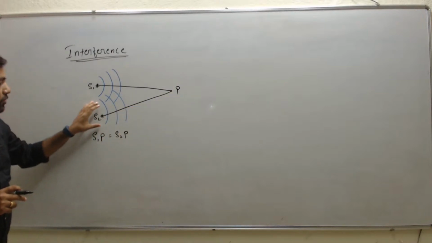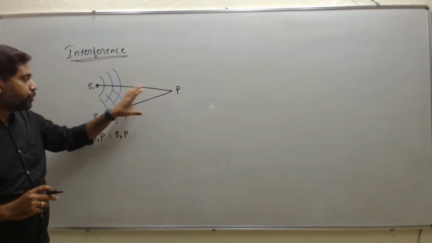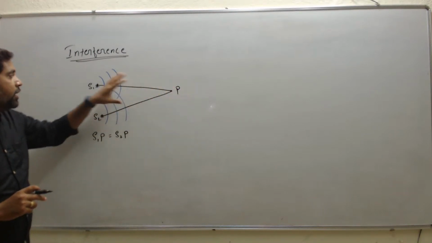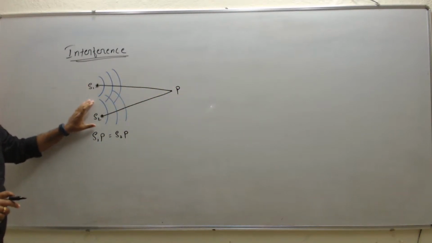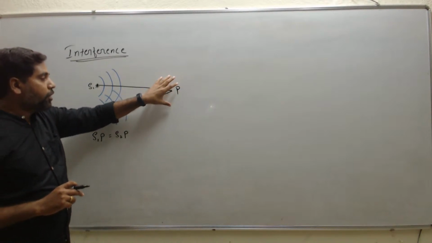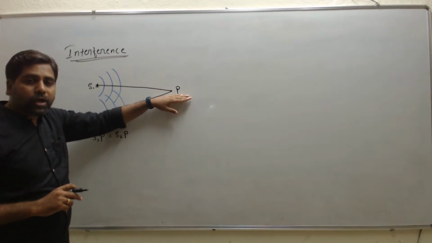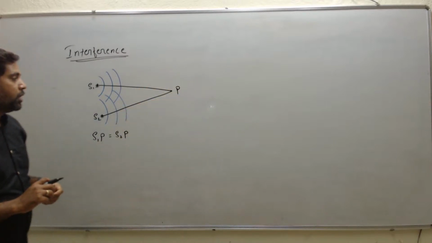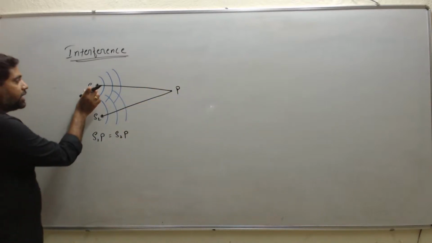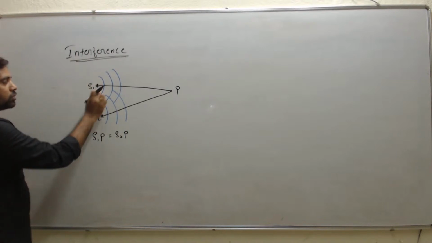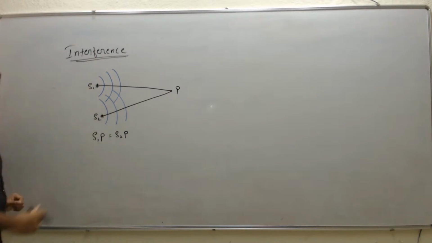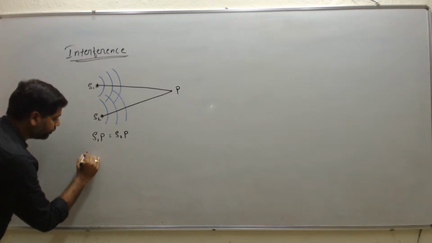Similarly from the source S2 also the wavefronts are emanating and reach the point P. If these two sources are in phase, then the resulting wavefronts which are received at the point P are also in phase, right? If we write the displacement for the source S1, that is the displacement of the wave produced by the source S1,